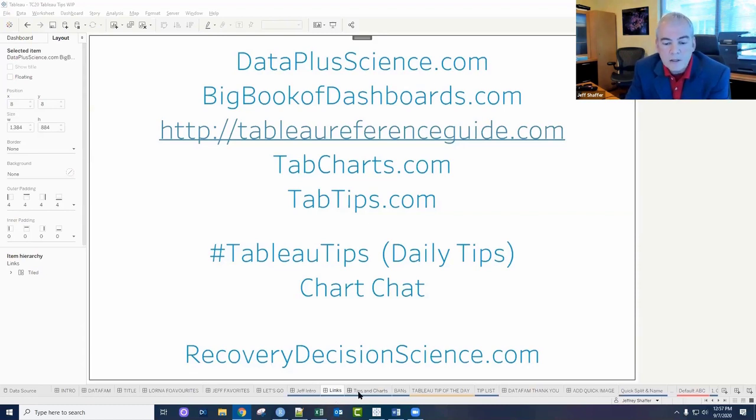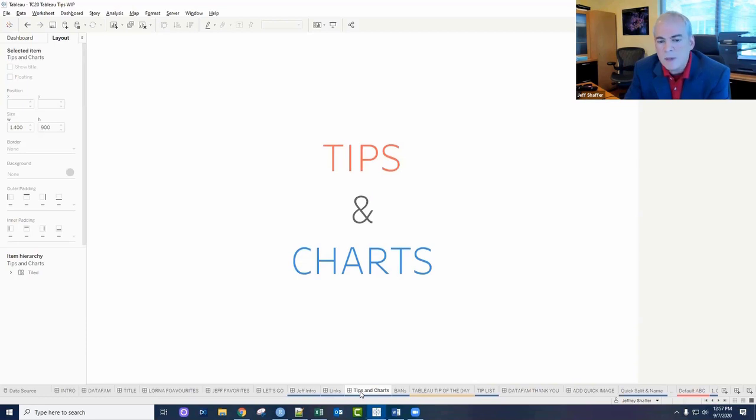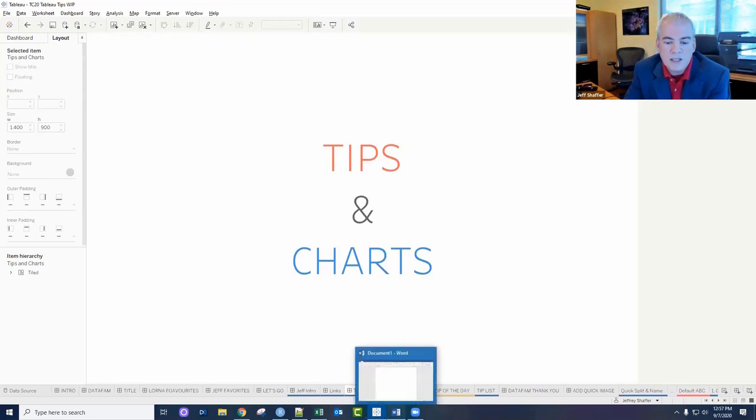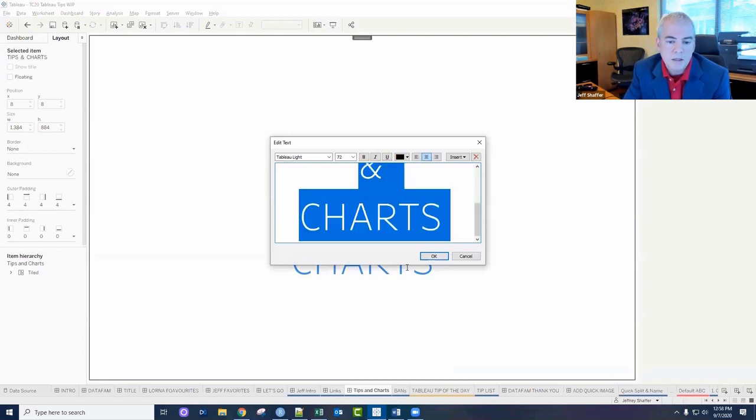Along those same lines, you can copy and paste text from outside of Tableau into Tableau. And so this is tips and charts that we're going to show you along the way here. I want to make that bigger. That's not a great title for the size of the font. So what I'm going to do is double click in this text box and just copy the